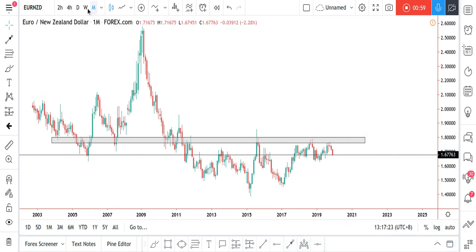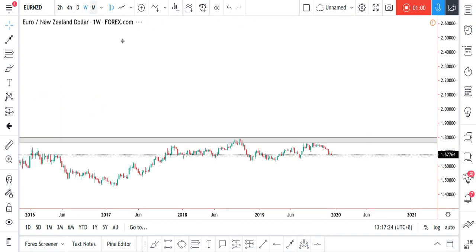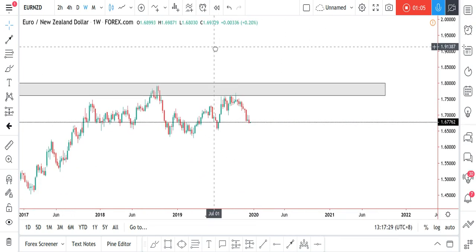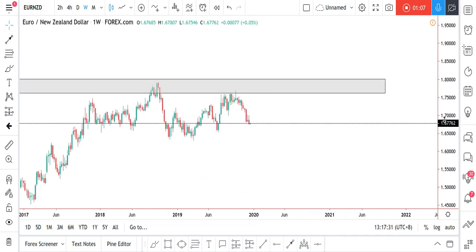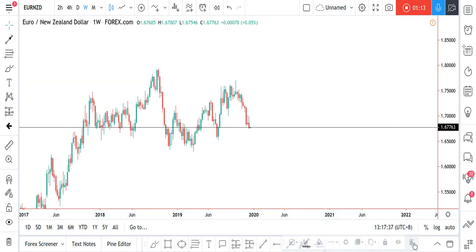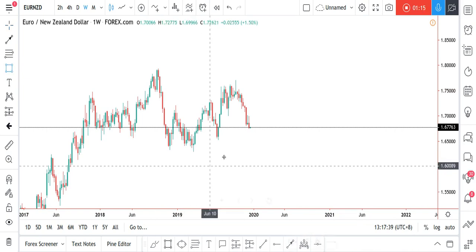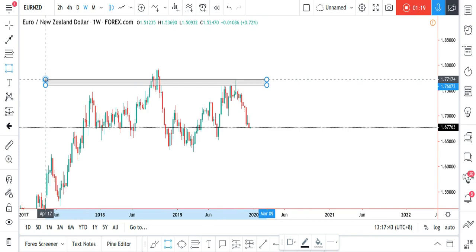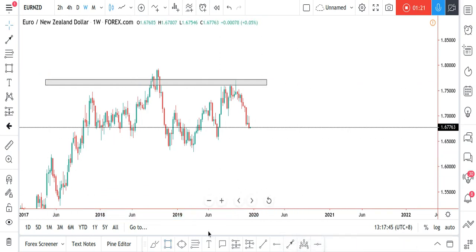Now let's look at the weekly time frame. So we go to the weekly time frame and get more accurate price action from this area. So let's take this out because we know that's a strong area in the market and we want to see the market respect that area of the market. So I will just put a small box over here so we remember that area, that is a strong area